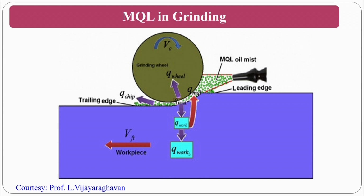So, if the abrasives are very active because the clogged material is taken out by the cutting fluid, what will happen? Good surface finish and material removal will take place. As you can see here, in MQL grinding, the minimum quantity cutting fluid is coming and falling, so that the heat going out will be taken away in the chip as well as the work and other things. Normally, the basic advantage that you are going to get is that the chip loading will be minimum